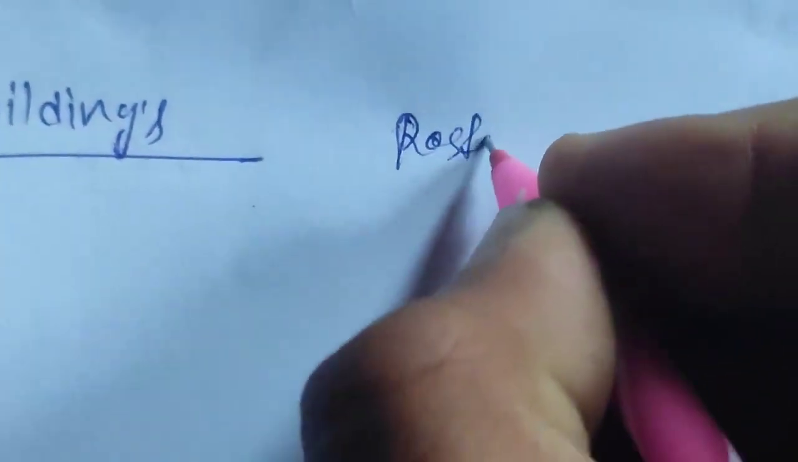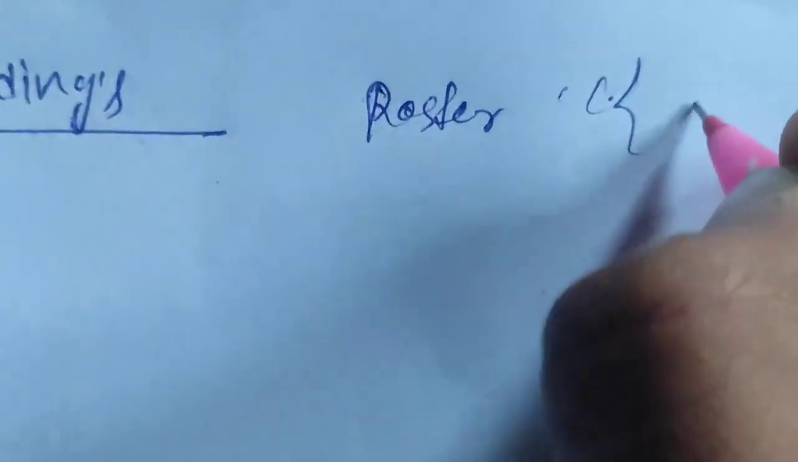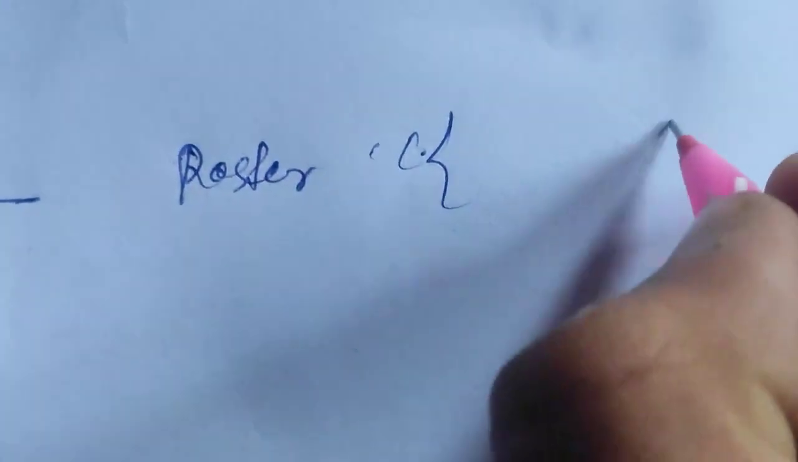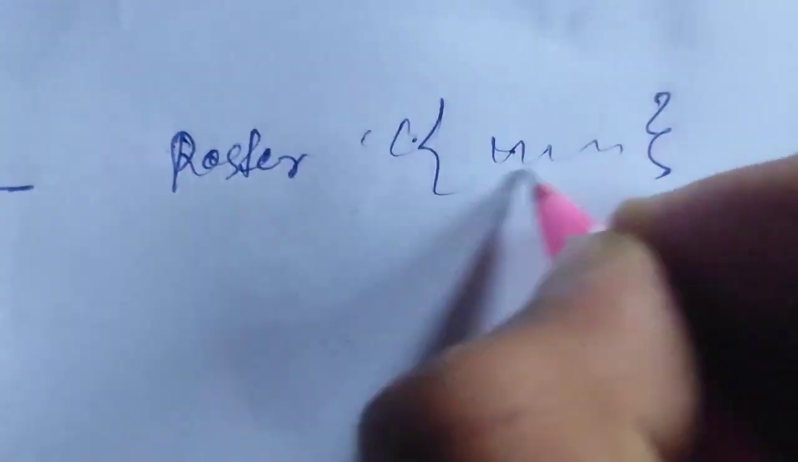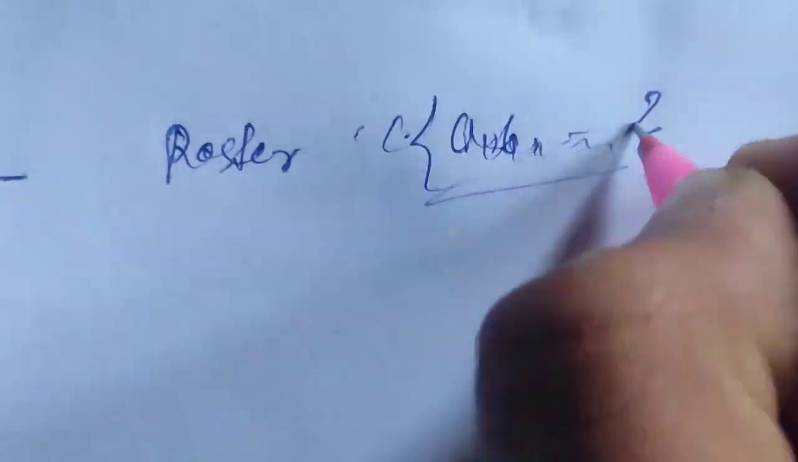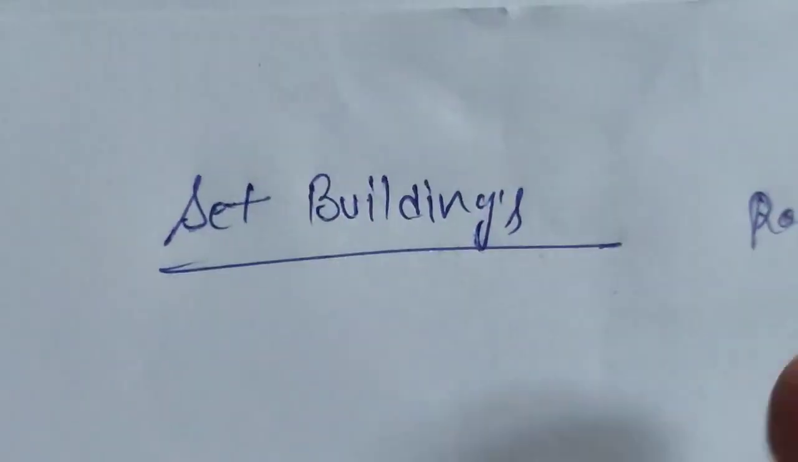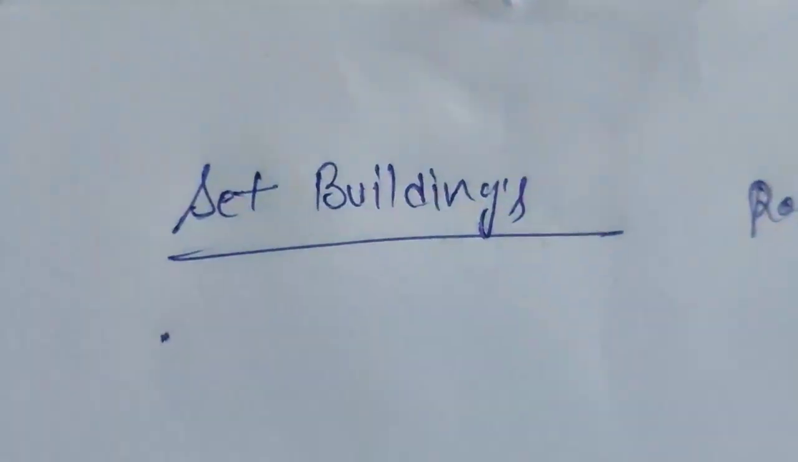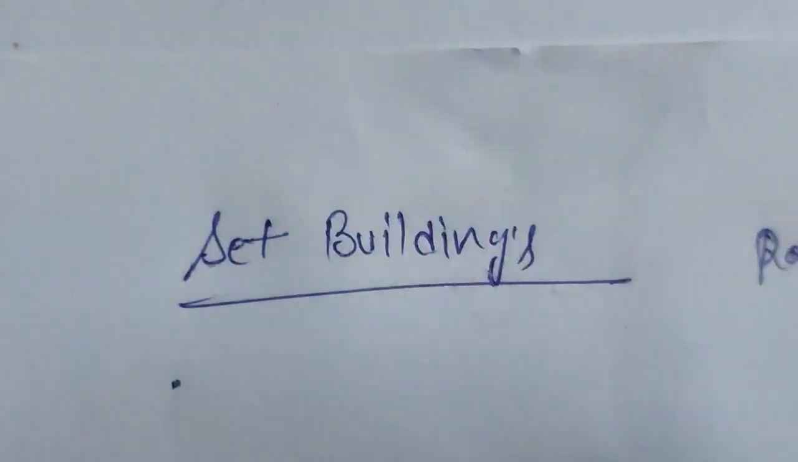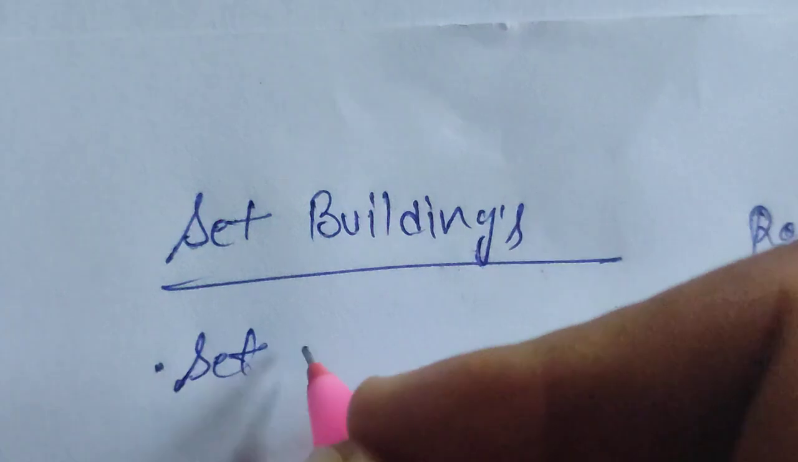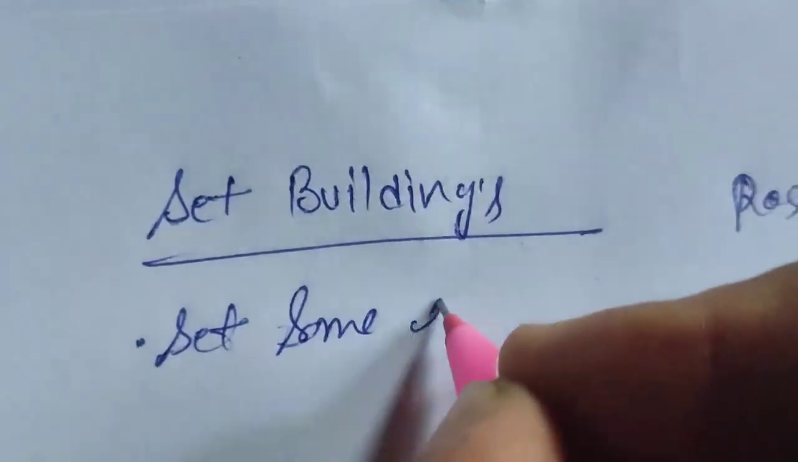Let's revise. The roster form is writing all the elements of a set, separated by commas, like A, B and so on. Okay, now we talk about the set builder form. Set building means that we build a set. So we know that a set has the same elements